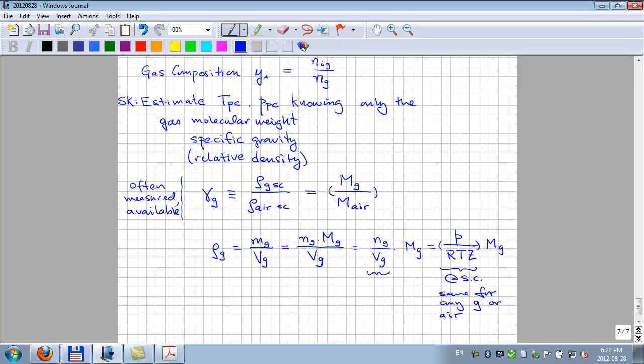At least in the old days, in the 1940s, 50s and 60s, when they were doing this work, there were ways to measure this specific gravity. It was much more accessible to get that number than it was to have the gas composition. So to help the engineers who didn't have composition, but did have some estimate of the gas specific gravity, by the way, this is the gas specific gravity of the reservoir gas,